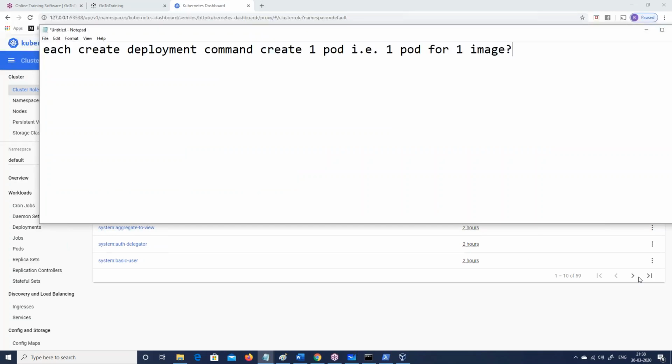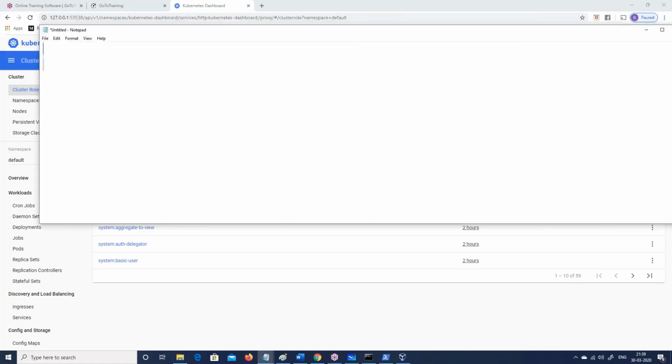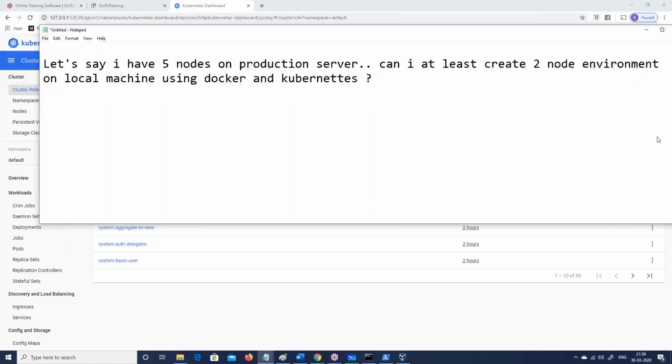Yes, it will create a new, I'll not say image, but it will create a new pod instance. Okay, yes, let's see. This question is a good one. Okay, let me take these questions. I'm putting the questions out here so that you can also read them. Let me take up the other question also.